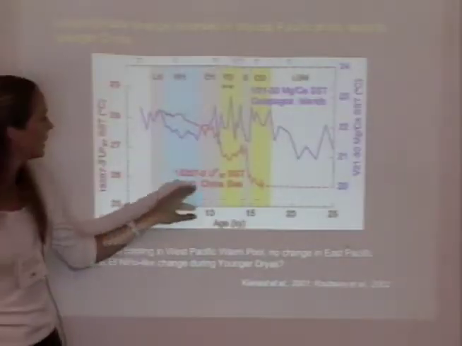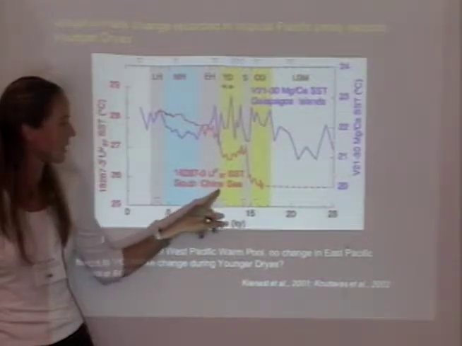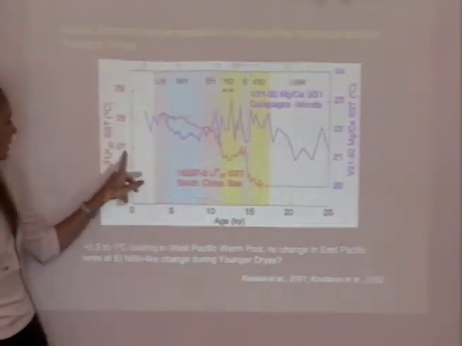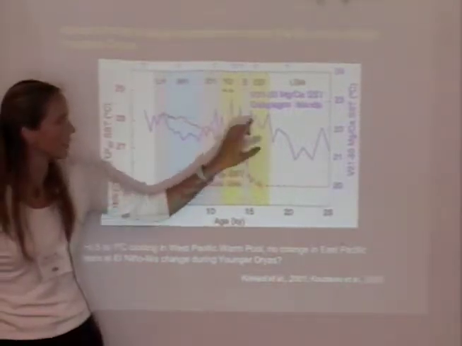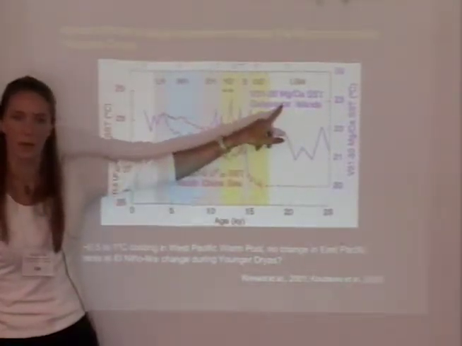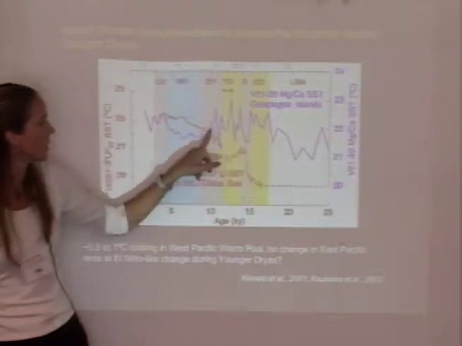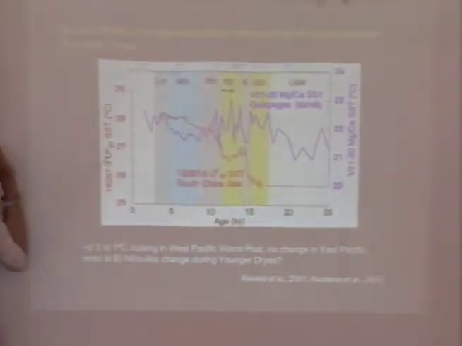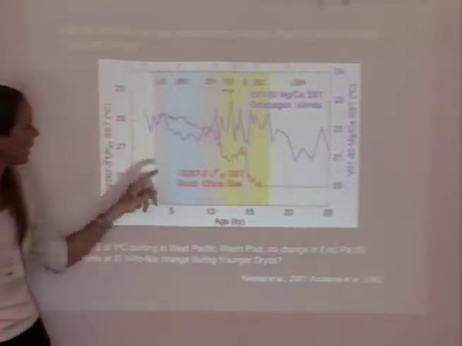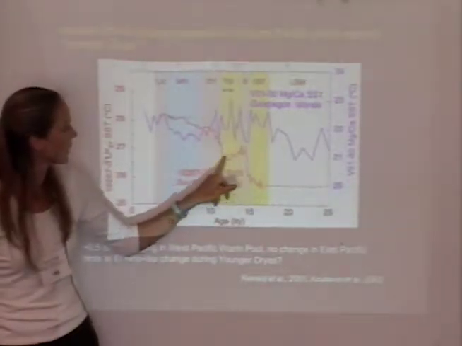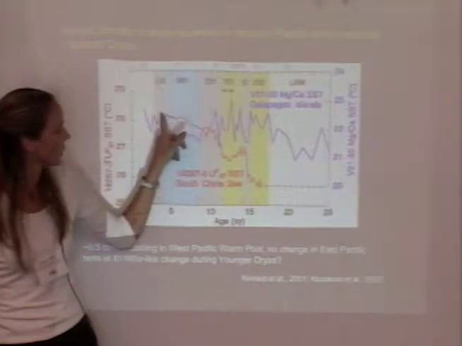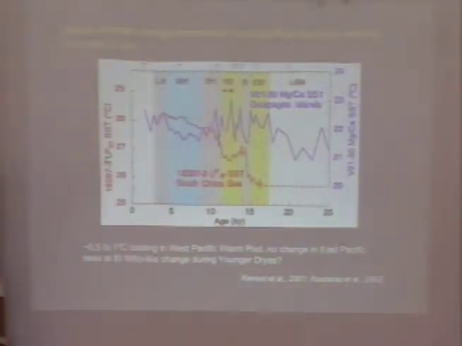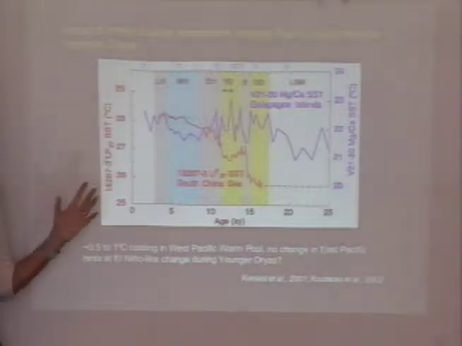This is another, much higher resolution record from the South China Sea. This is basically temperature going up here in the red curve. This is that previous record from the Eastern Equatorial Pacific, which shows you not a very large Younger Dryas signal at all. Nobody can argue that in that record. And then there is this reversal here that is associated with the Younger Dryas. Now this is radiocarbon dated quite extensively, so there's not much wiggle room here for talking about this.